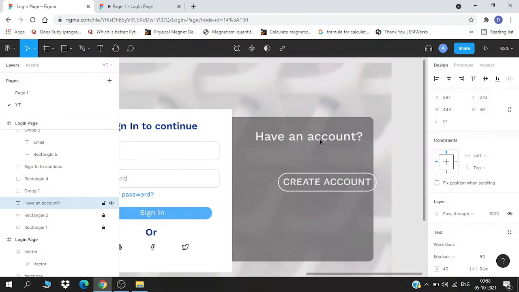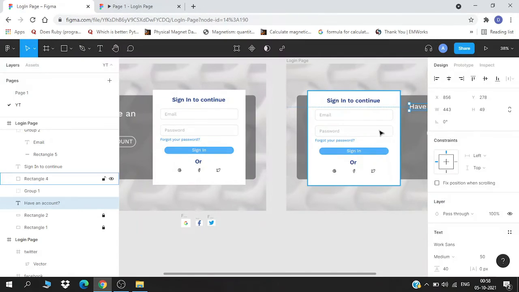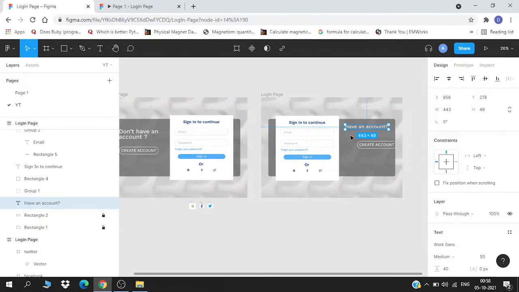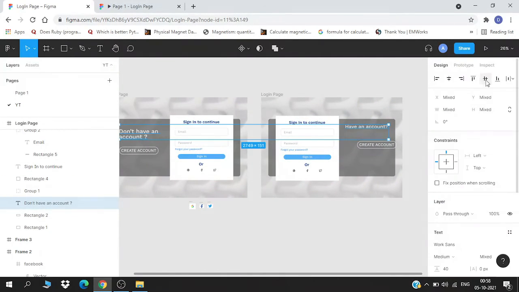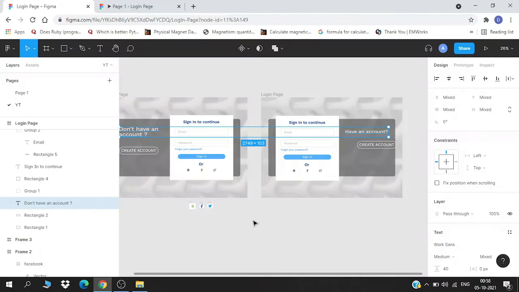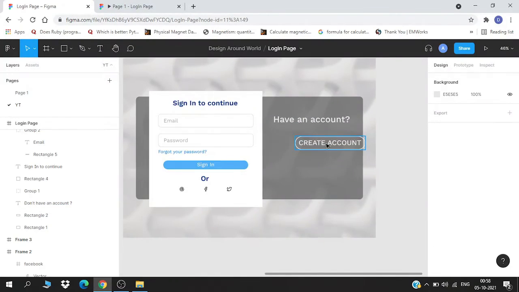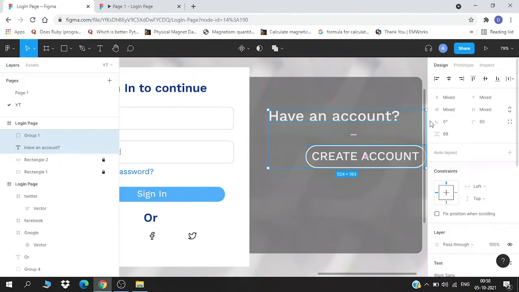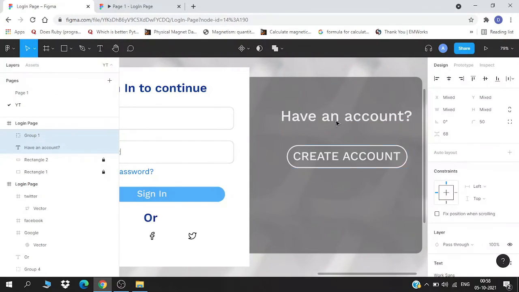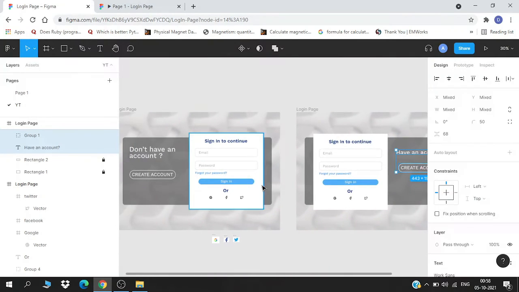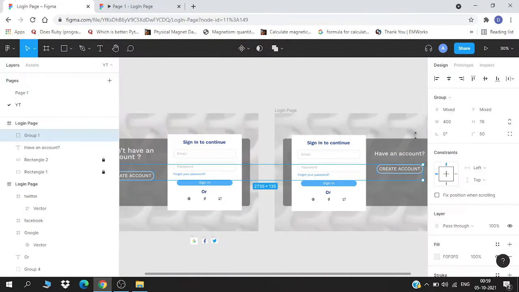I'm just going to align a bit to make it appear in the center, and we can actually align them also to keep a symmetry. Okay, so they are in symmetry, and we will just shift both of them to the center. And also this thing, bring them in symmetry. Yeah.